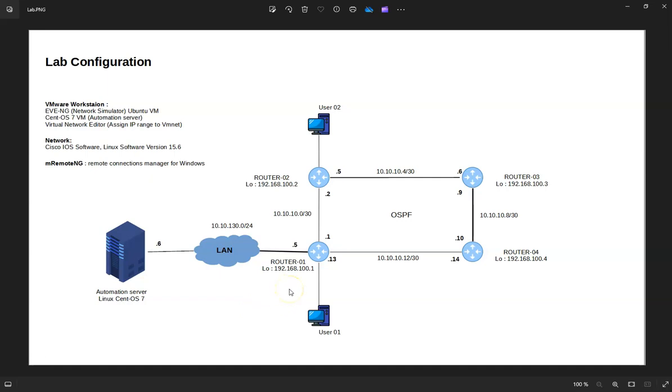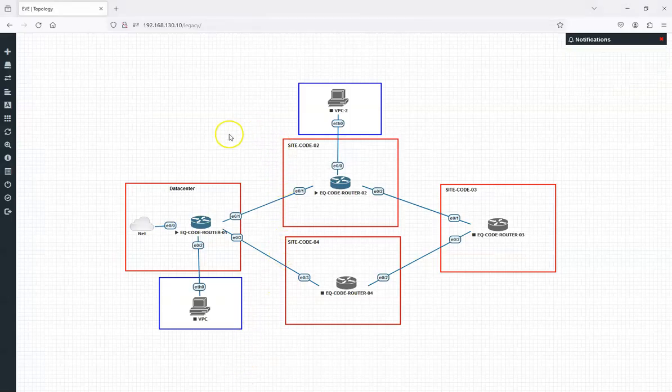Hello, today we will try to connect from our automation server to our network infrastructure, and to be more precise, we will connect to our router 1 and router 2 to execute some command lines. So to do that, I will enable from my FNG only router 1 and router 2, and router 3, router 4